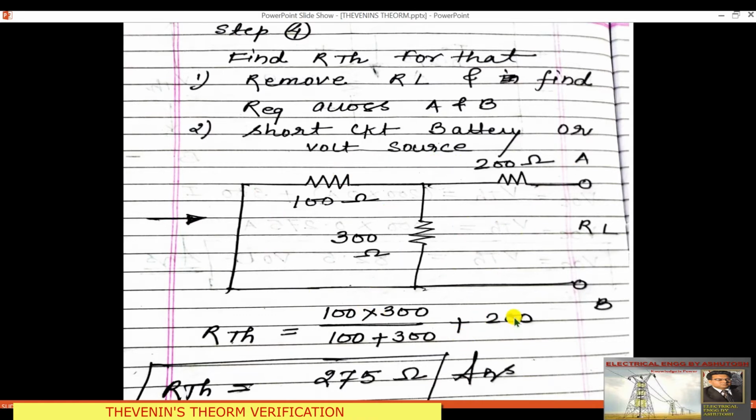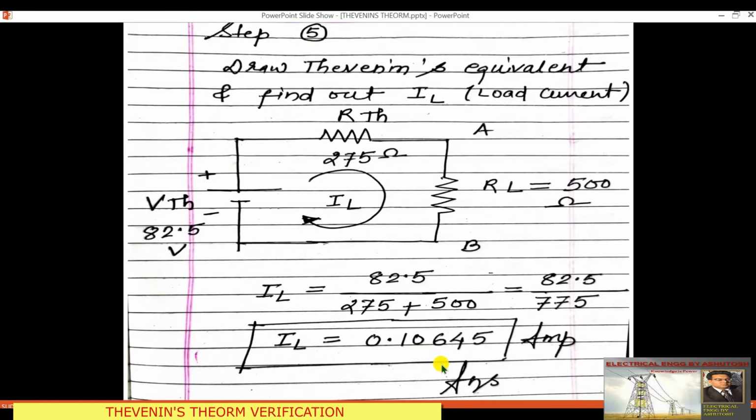Okay, so plus 200, and finally RTH we get 275 ohm. And then the last step is Thevenin's equivalent diagram. Draw the Thevenin's equivalent diagram. So you can write VTH, place the value 82.5, RTH 275, and reconnect RL, that is 500 ohm, and calculate